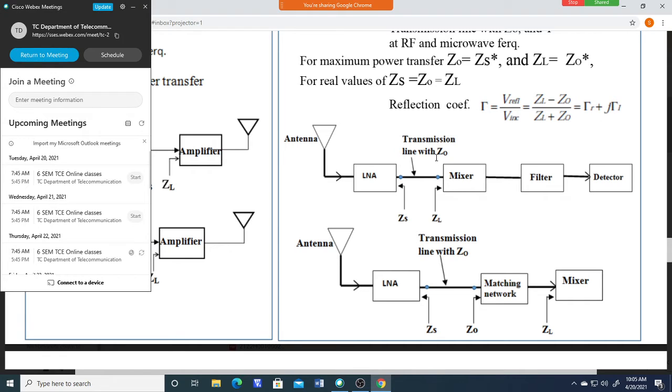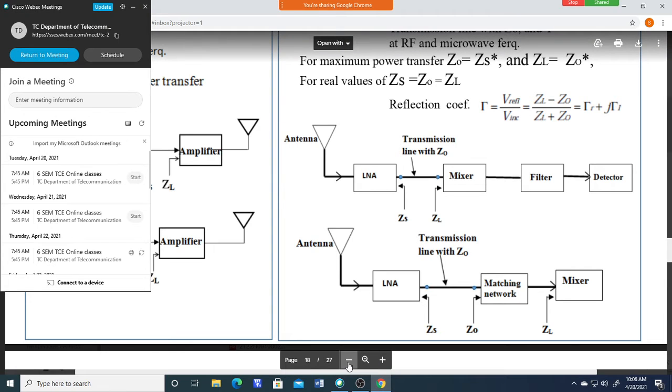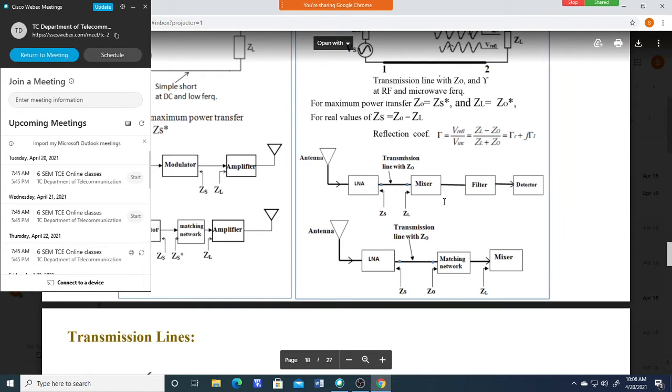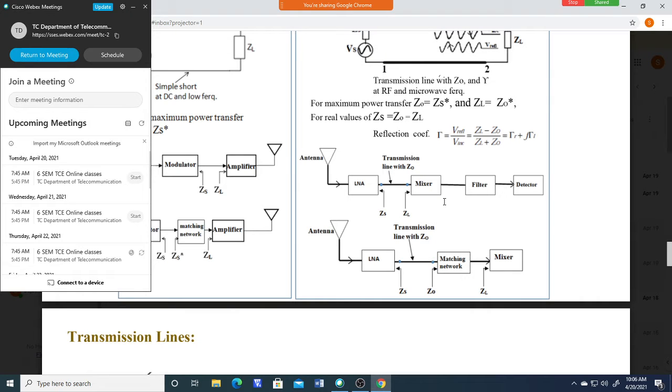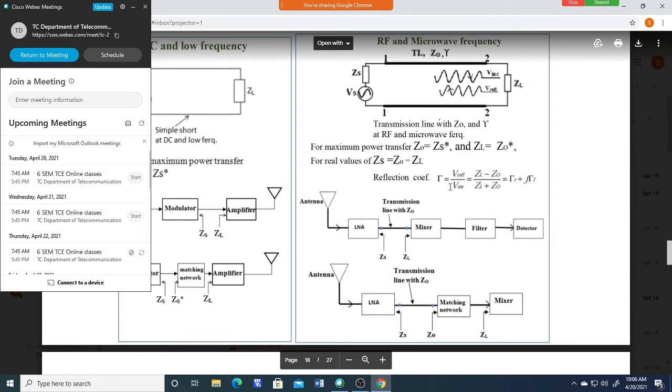So like this, we have to consider this Z0, the transmission line characteristic impedance, to get maximum power transfer. This happens in most of our circuits, in connections of devices, components, or whatever it is. There is a transmission line, so we should take care of this matching. Otherwise, we cannot expect maximum power. So now we will see what this Z0 and propagation constant gamma are.